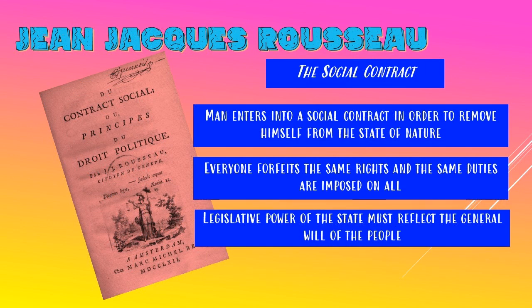And so we're going to see that pop up again in a few minutes when we get to the Declaration of Independence. A couple other guys we'll talk about. One is Jean-Jacques Rousseau, and he writes this book called The Social Contract. And he's got similar ideas to Locke, but what we care about here is he's got this idea that government forms because people are willing to give up some of their freedoms in exchange for order and stability.